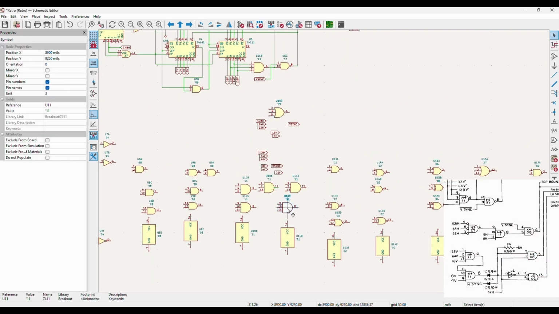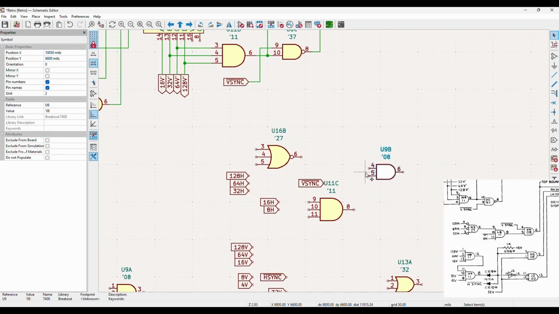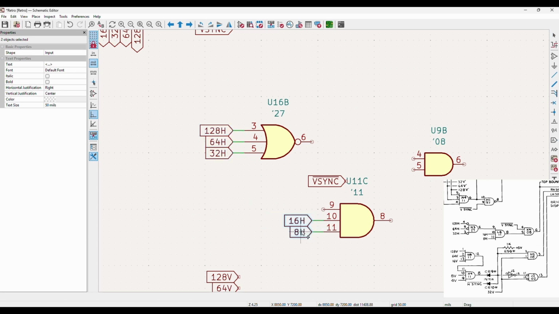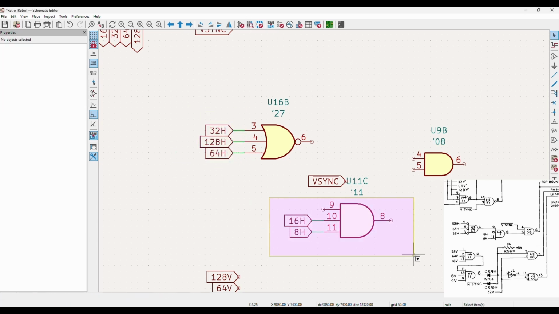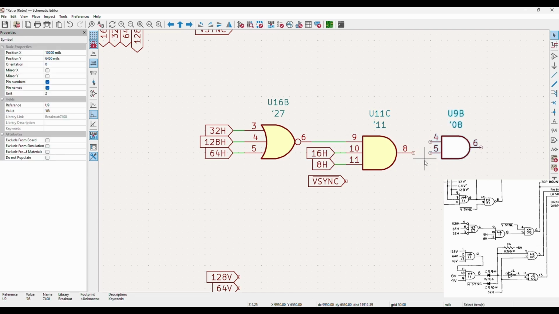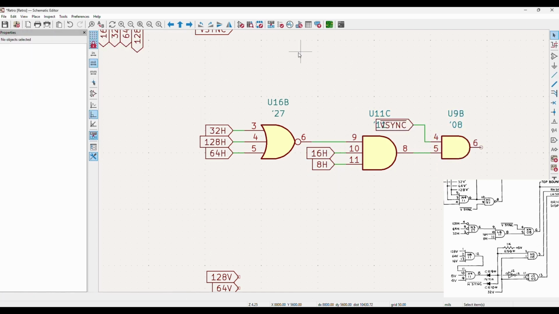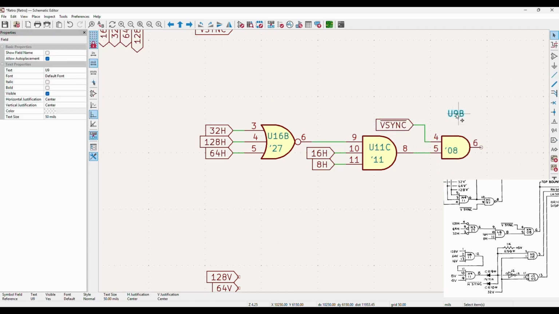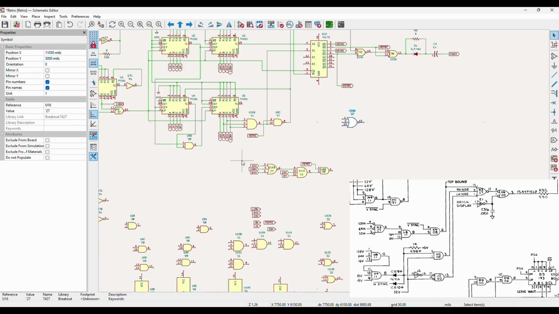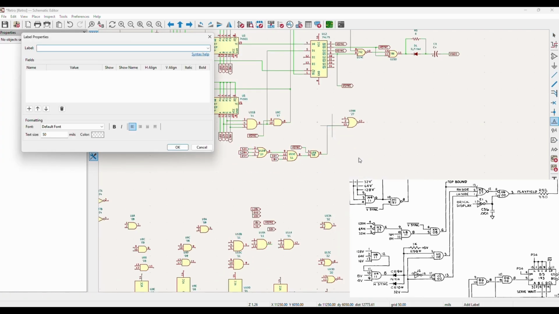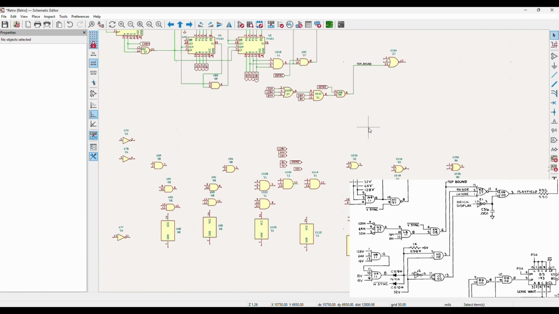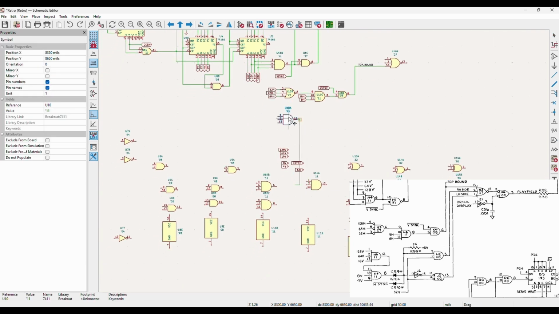Let's draw the border logic, starting with the top boundary. Add in the left and right sides.